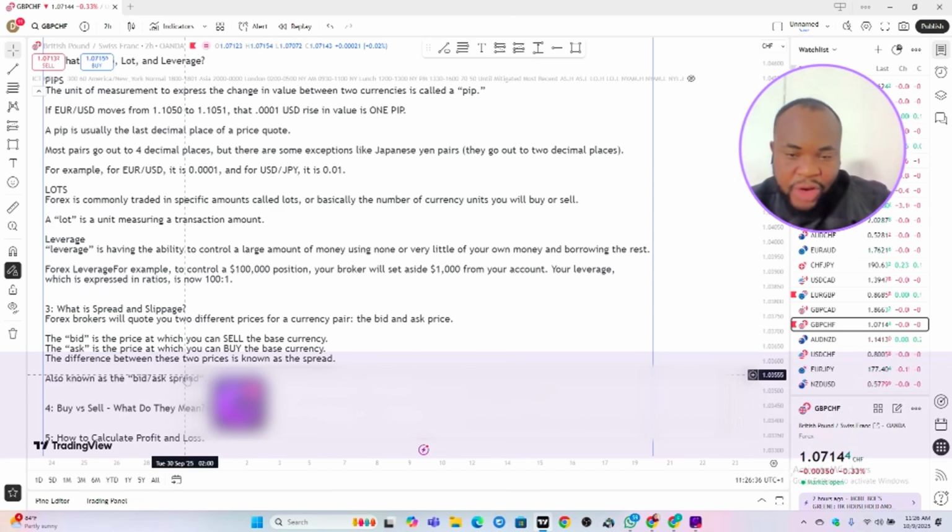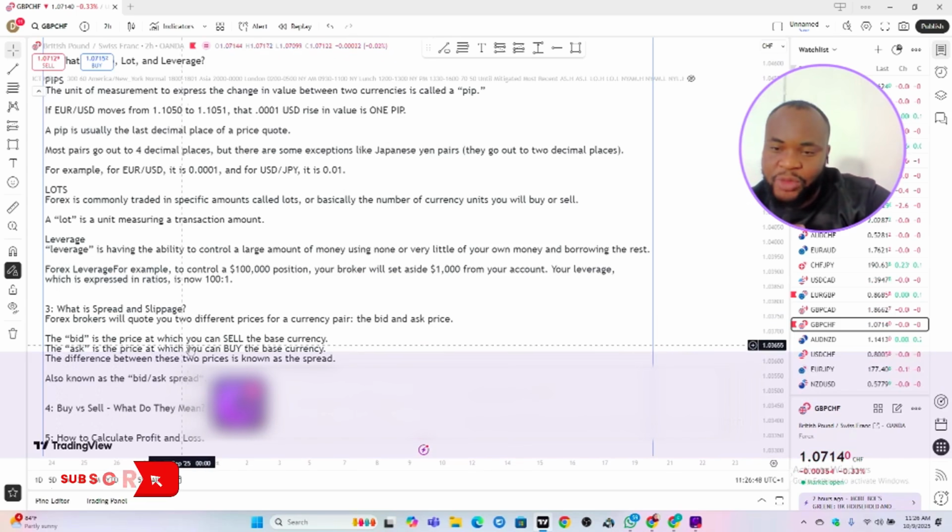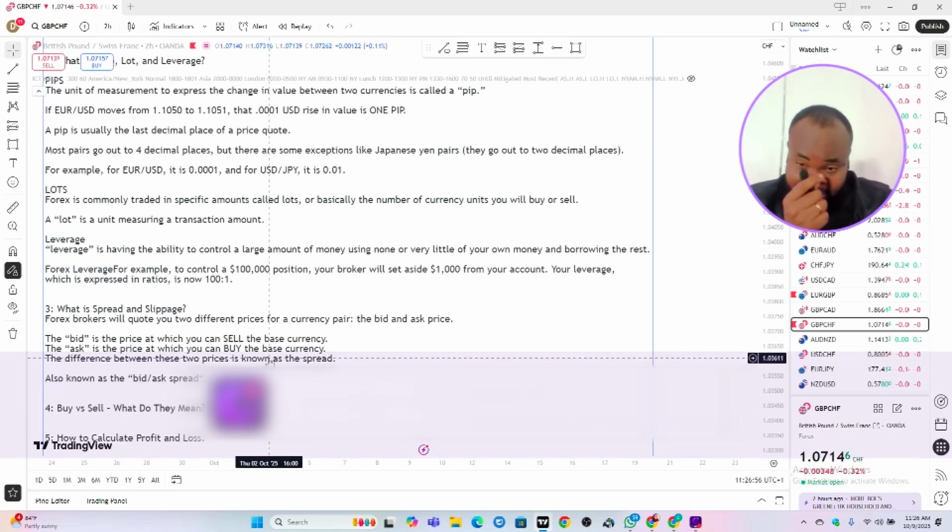Spread is always the reason why it's like that, because we have the bid and ask price. The bid is the price at which you can sell, and the ask is the price at which you can buy the